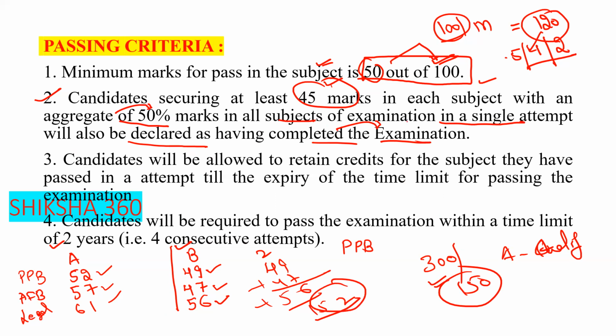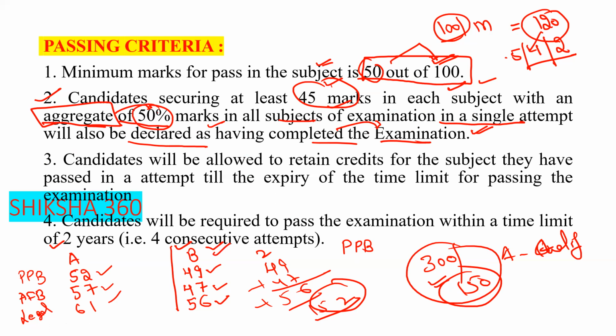So candidates scoring at least 45 marks in each subject with an aggregate of 50% marks in all the subjects of examination in a single attempt will also be declared as having completed the examination. Aggregate here means overall 50% marks. So here B also cleared the examination because they scored overall